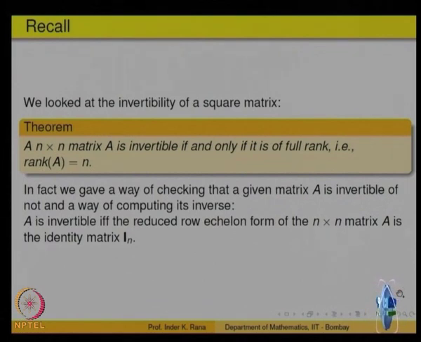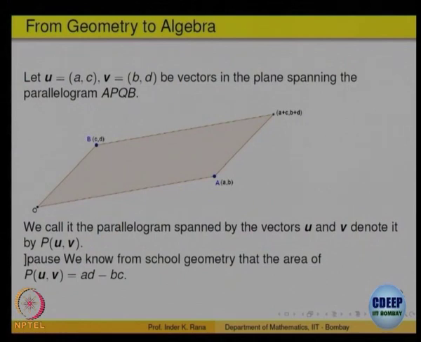So, to motivate what a determinant is, you all must have been using this concept in your school curriculum, and how to compute the determinant of something 2 by 2, 3 by 3. So, we will start with looking at why a determinant has those properties and what the minimal set of properties are that define a determinant. So, we start by looking at the concept of geometry, namely finding the area of a parallelogram.